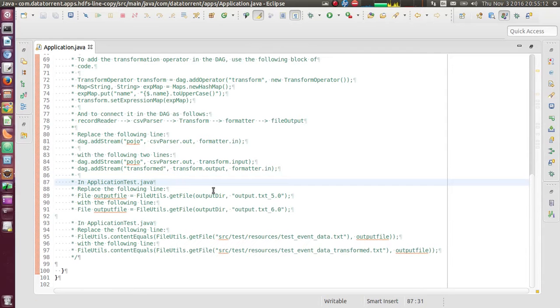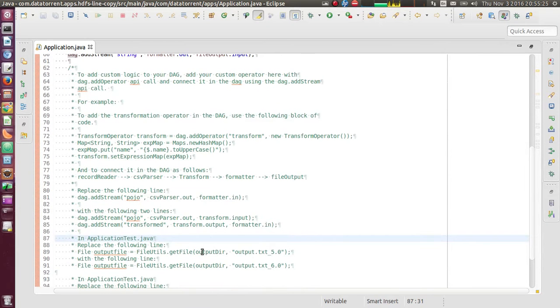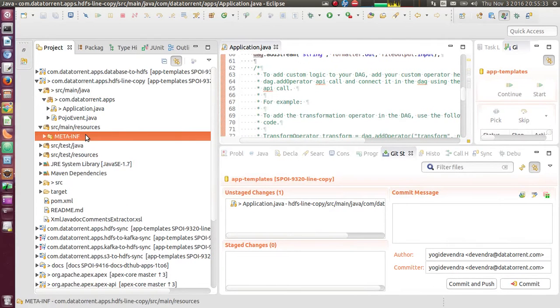Now there are some steps for the application test to be modified. Since we have introduced one more operator in our pipeline, the index for the output operator is now 6 instead of 5, and the output file names are based on the operator ID.